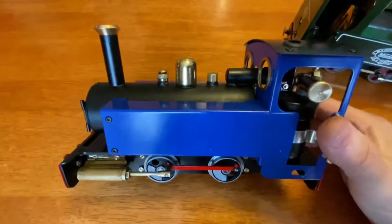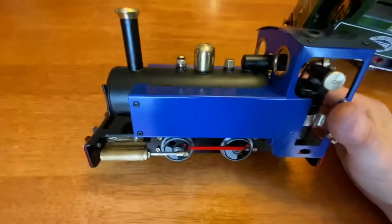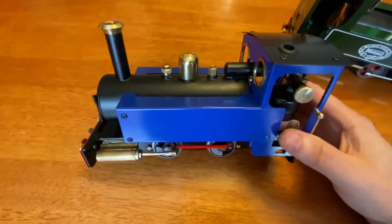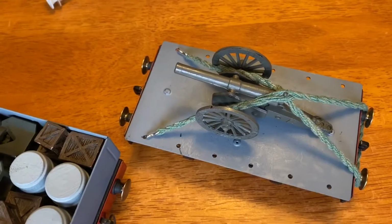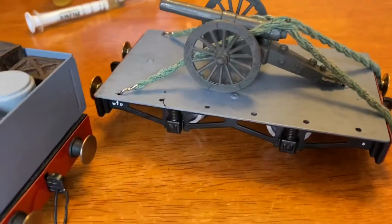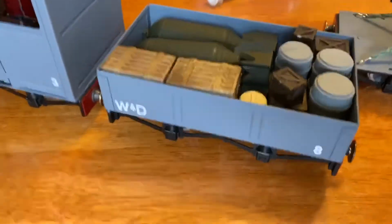I really have a soft spot for Mamod. I do, and I think they're a great little company that's introducing people to live steam. Today I'll be running some of my older original Mamod railcars that I repainted for World War I War Department. As you can see,